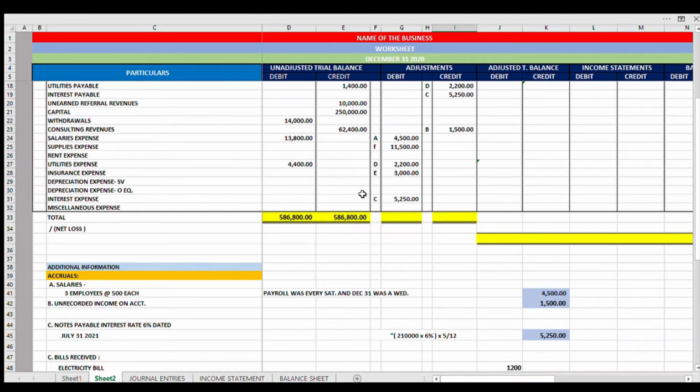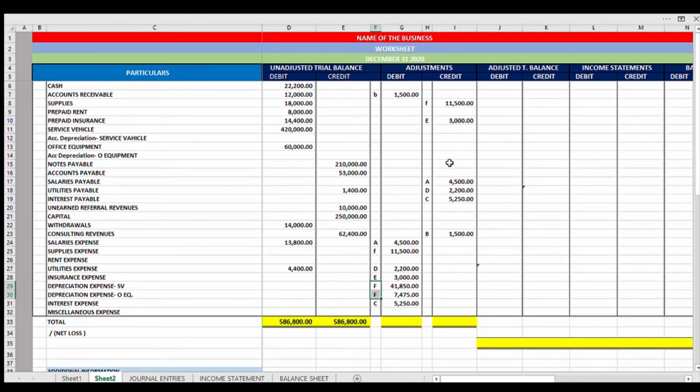Okay? Depreciation. Okay, debit, yan. Ito ay parehong letter F. Okay? And the accumulated depreciation for each fixed asset, okay, and for the other one